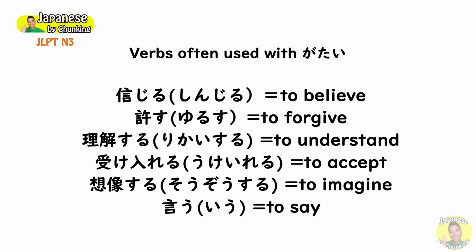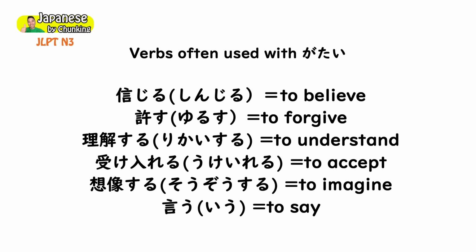So please do not use this がたい to say it's difficult to eat. Some people say 食べがたい, but 食べがたい is not correct. So when it's hard to eat, we say 食べにくい. So know that this がたい can be used with certain verbs. And these are the common verbs that are used with this がたい。